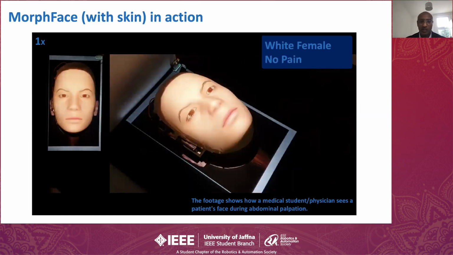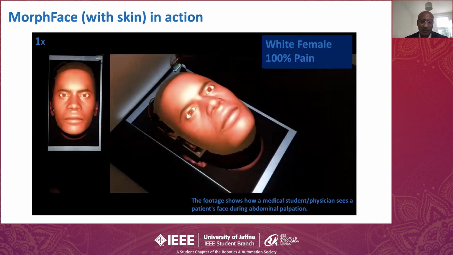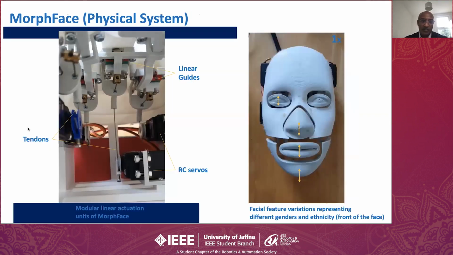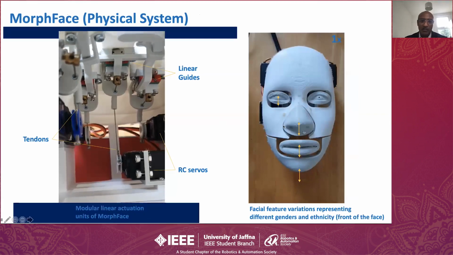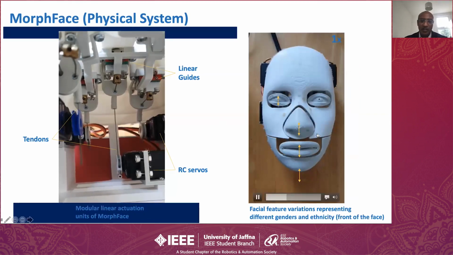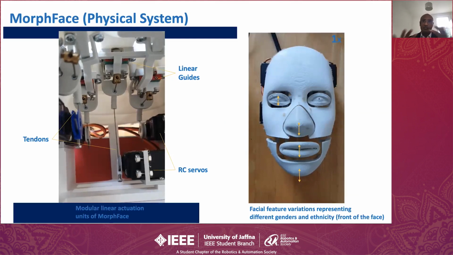How we do that is to have real-time structural transformations in the face. We have identified facial primitives that represent different ethnic groups by taking principal components of many thousands of images from different ethnic and gender groups. And then all the robot does, if you want to go from a black male to a white female, is that structural transformation, and then the more detailed information is projected onto the face.